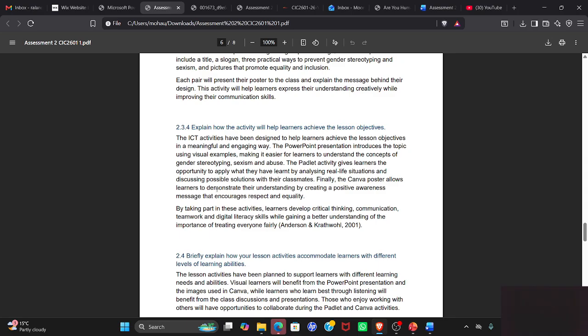The Padlet activity gives learners the opportunity to apply what they have learned by analyzing real-life situations, discussing possible solutions with their classmates. Finally, the Canva poster allows learners to demonstrate their understanding by creating a positive message that encourages respect and